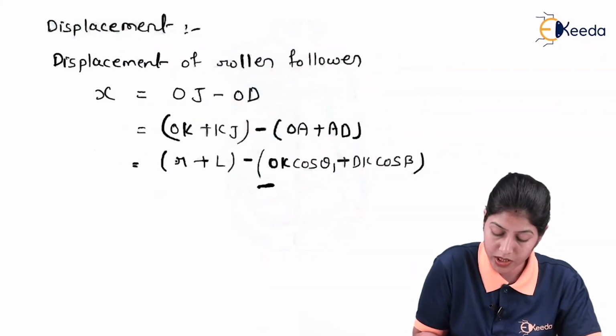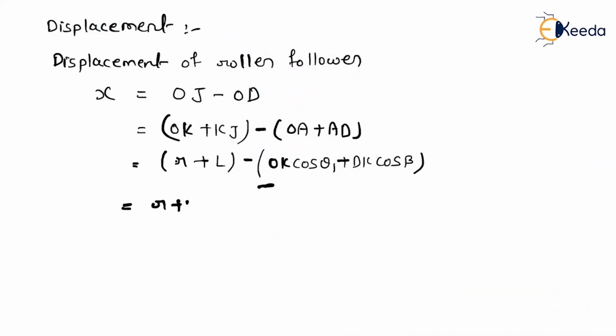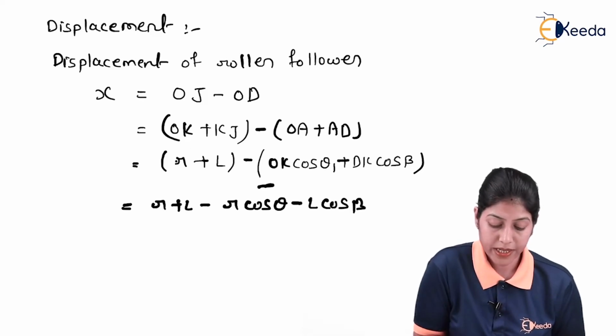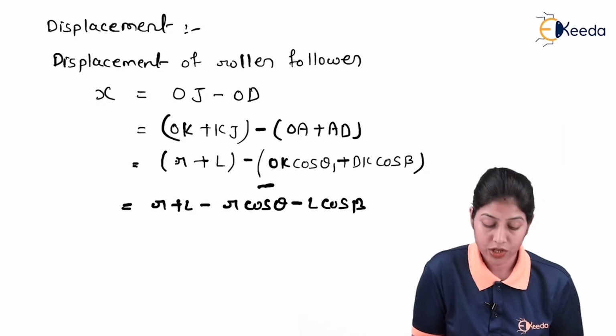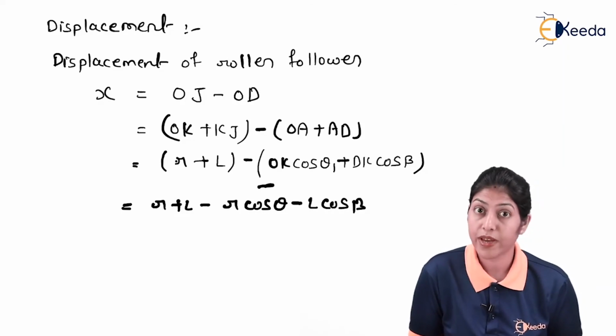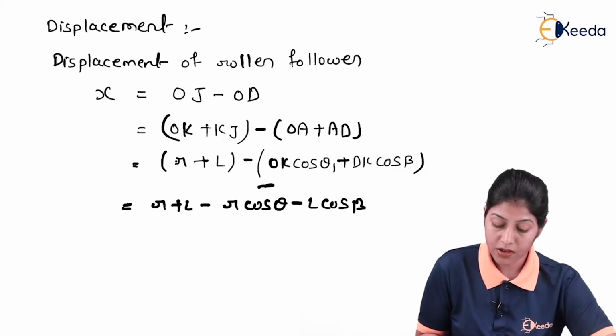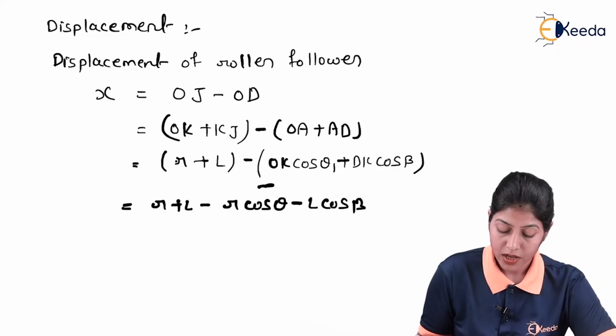Now we will put these values. So this particular equation is representing the displacement equation or displacement of the roller follower when roller follower is in contact with the nose circle. Now if we further simplify this term,